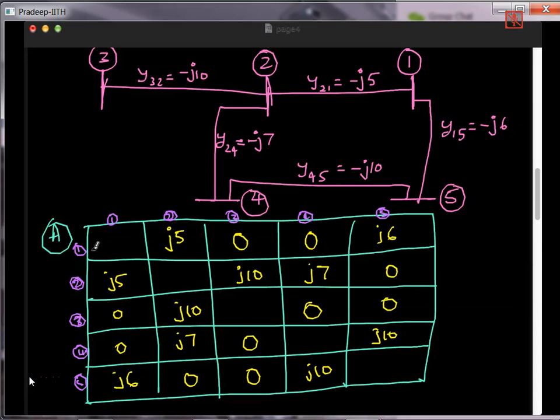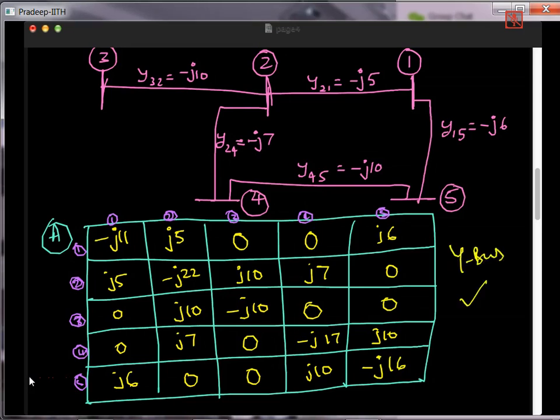So now how to get the diagonal element? Just add all the row elements. So J5 plus J6 is J11. So you put a minus sign and J11. So add all of them. 15, 15 plus 7 is 22. So minus J22. So this is just 10 is there. So minus J10. And then finally here 17 is there, minus J17. And finally here 6 plus 10, this is minus J16. So like this, you get the Y bus